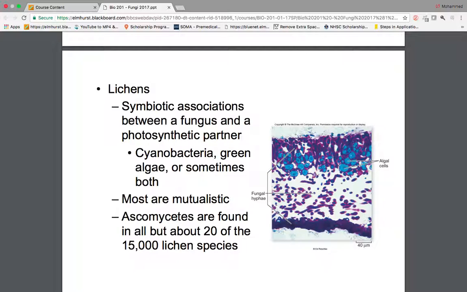And so lichens end up growing in really remarkable spots. Go outside after class and look at any tree out there, and you will see lichens growing on it. They're either crusting along the surface or lifting up, or there's even some that are, have you ever seen Spanish moss hanging from the trees in the southern parts of the United States? That's actually a lichen. It's not a moss at all. So lichens are